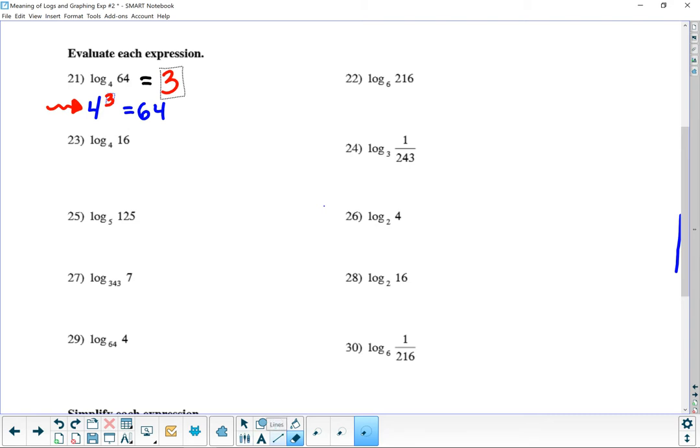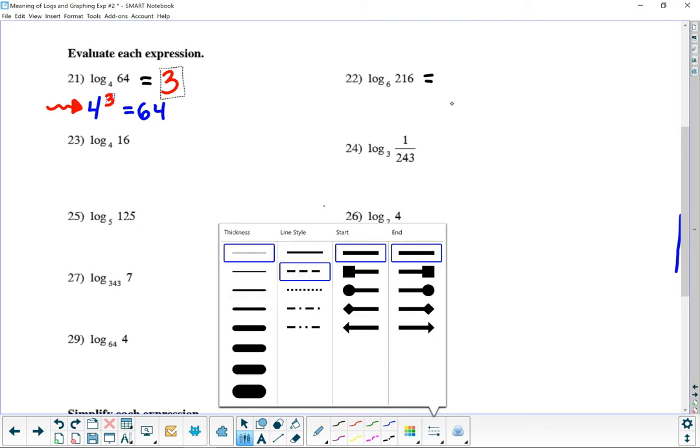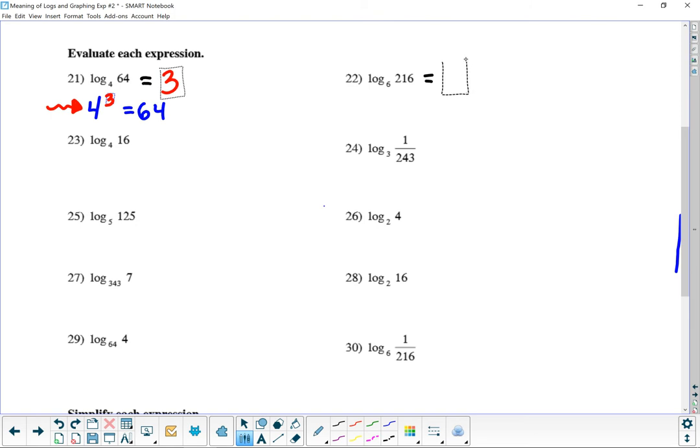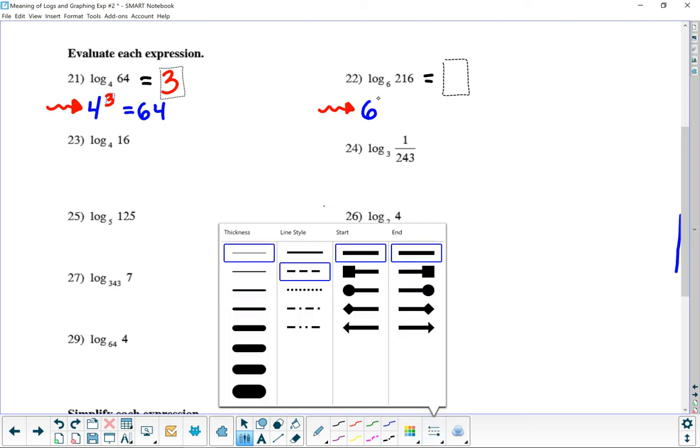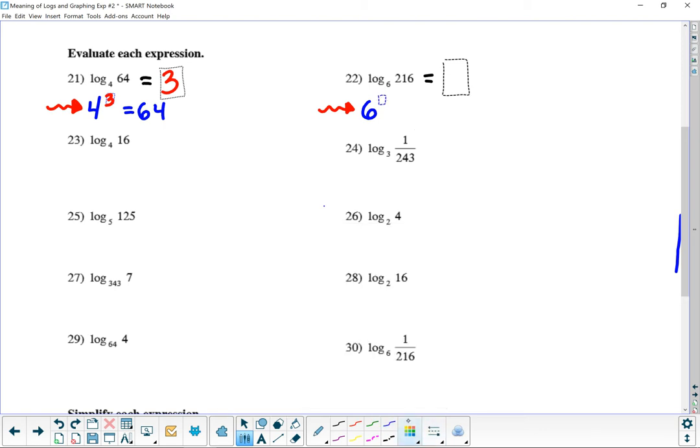Okay, so we're going to do the same thing. So again, I don't know what the answer is, but I'm going to go ahead and figure it out. But I'm going to go ahead and transform this into an exponential equation. So this will be 6 to the power of something. That's going to equal 216. So if you want, you can take your calculator, but I'm going to